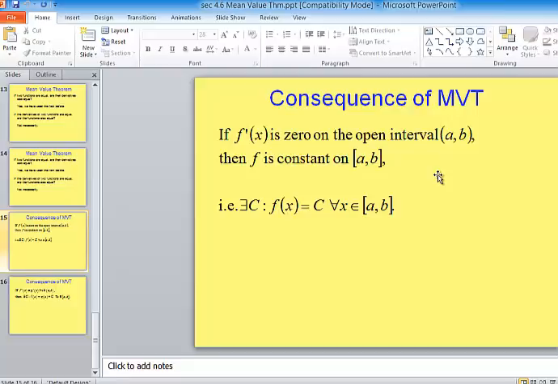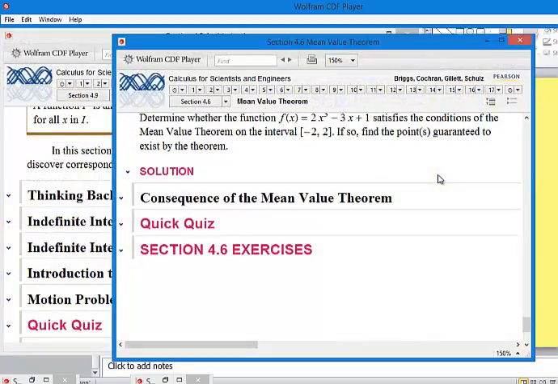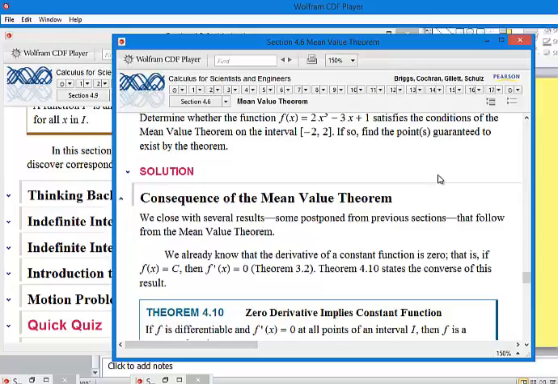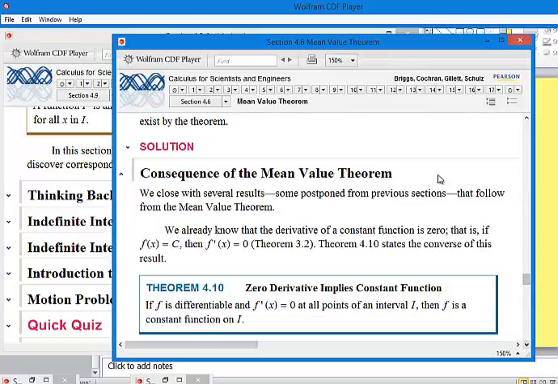So if f prime is 0 on an open interval, then f is constant on the closed interval. And this is done in your reading for today's section. I'll show you guys that. I don't want to work through the whole thing because it's there. This is the very end of the section last time. If you have a zero derivative,